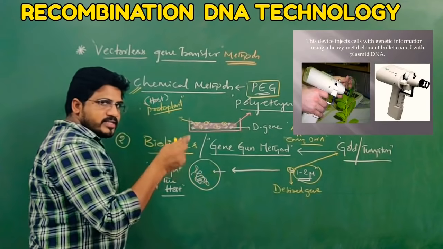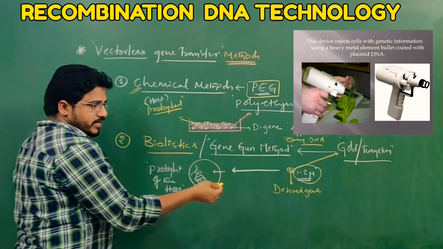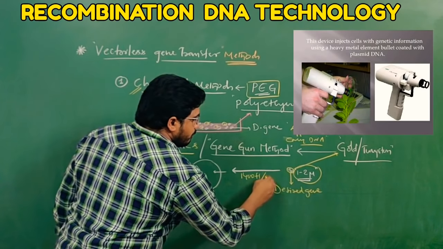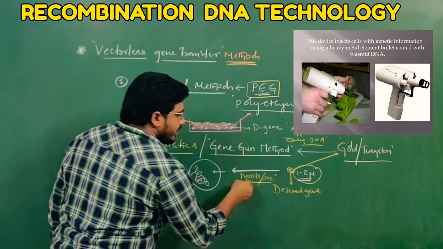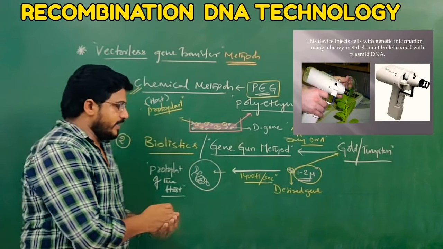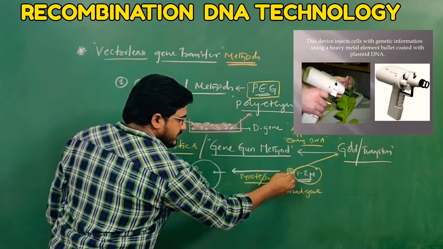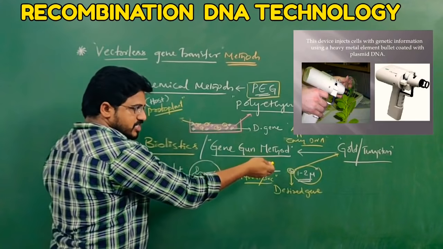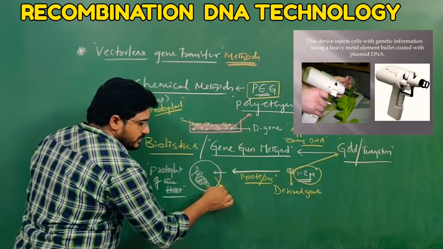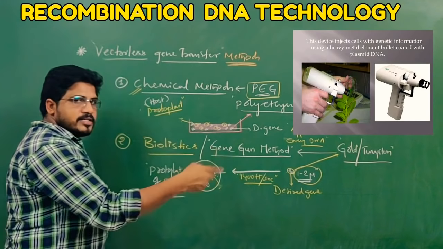It is shot, means triggered like a bullet, into the host cells a couple of times with a speed of 1400 feet per second. If you may ask, sir, what will happen with a lesser speed? Means if you use less than 1400 feet per second, then the desired gene which is triggered out by the gene gun may not reach the nucleus. So it drops in the cytoplasm itself. In the cytoplasm itself it is suspended.